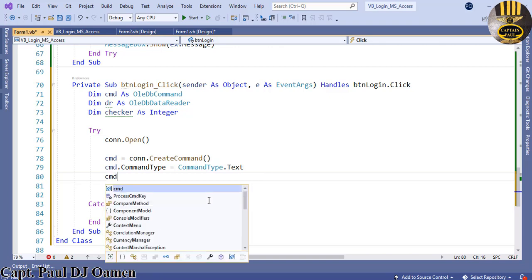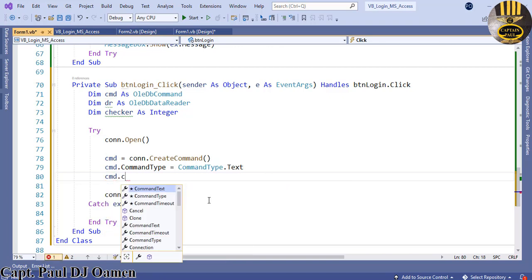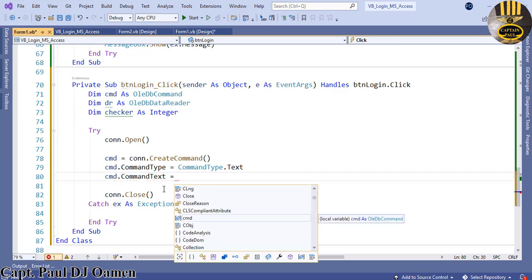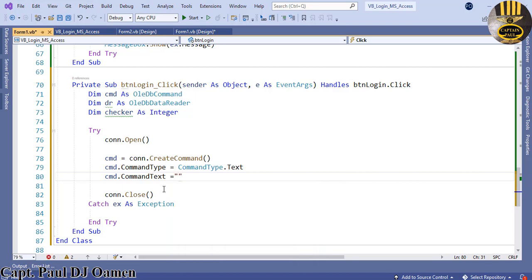So command type dot text. Now cmd command type dot text, that's command text actually. That is where I'm going to enter my SQL, and just need to say select star, which means all from. My database is called csave. Csave, where